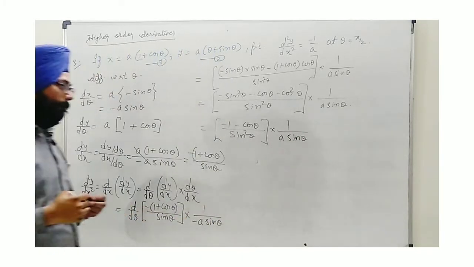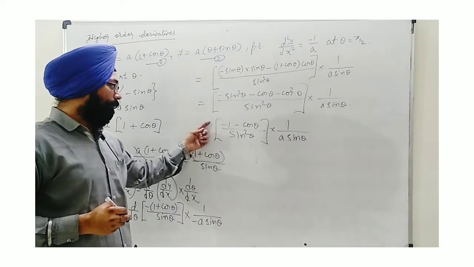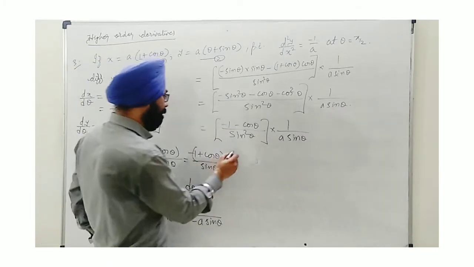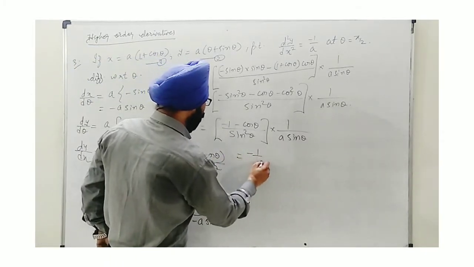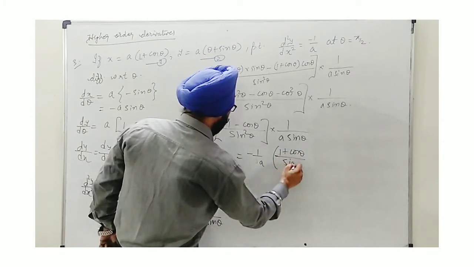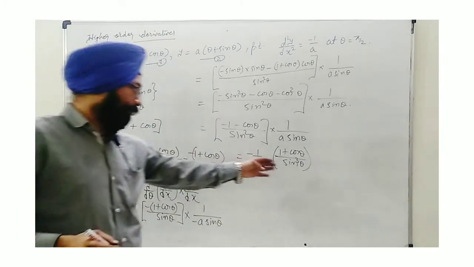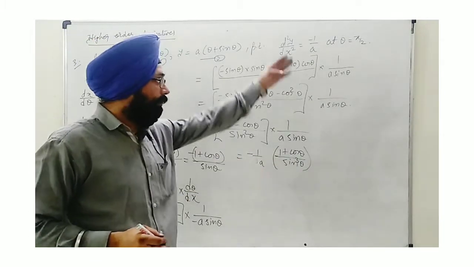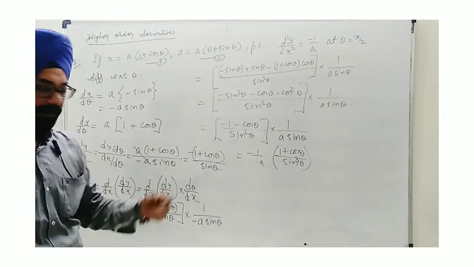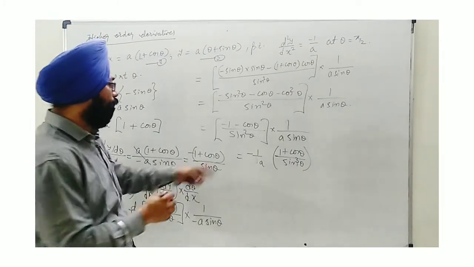And once again, I find here minus sign will be common. So we can write this as minus 1 upon a (1 plus cos theta) upon sin cube theta. I have taken all the terms of theta together, clubbed them, so that I can put the value of theta as pi by 2 and get the simplest answer. Now this is the value of d square y